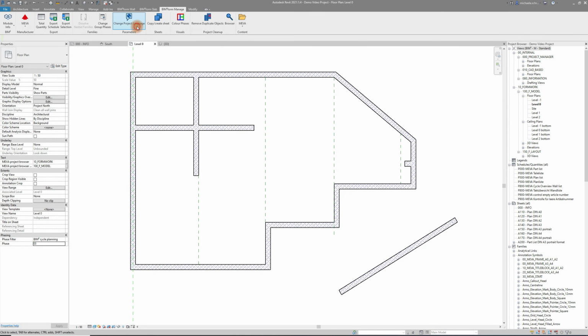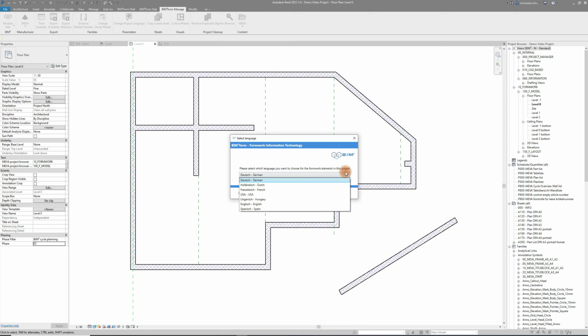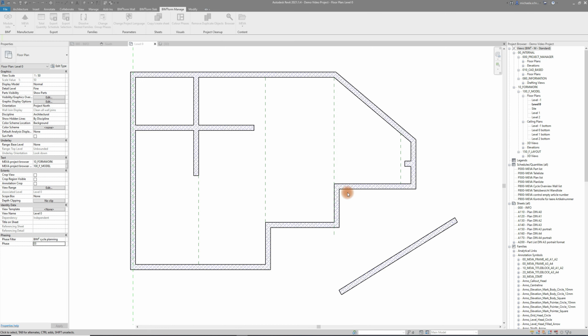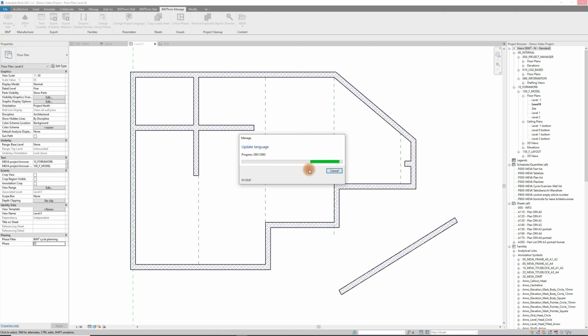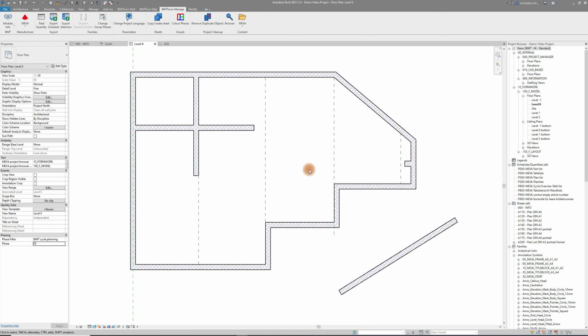The next command is pretty self-explanatory. When you change the project language to English, for example, it changes all descriptions for the parameters in the properties for the whole project. Of course, it is possible to change them while working on it, but it is not convenient. Therefore, we recommend to change them all at once at the end before you finish working on your project.